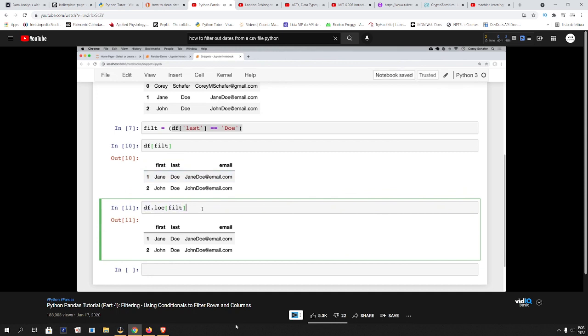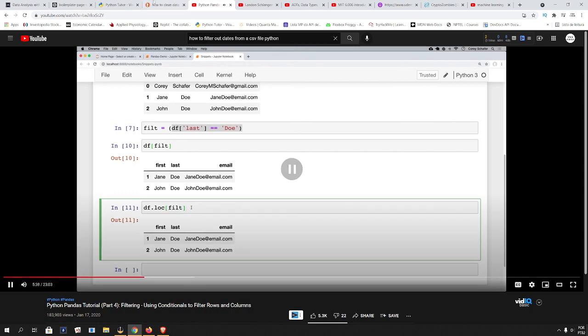So this is one reason why pandas can be a bit confusing to people, because there are multiple things that you can pass into these different brackets to get different results. So like I said before, .loc is used to look up rows and columns by label, but if you pass in a series of booleans like we did here, then you can also filter data out. Now, the